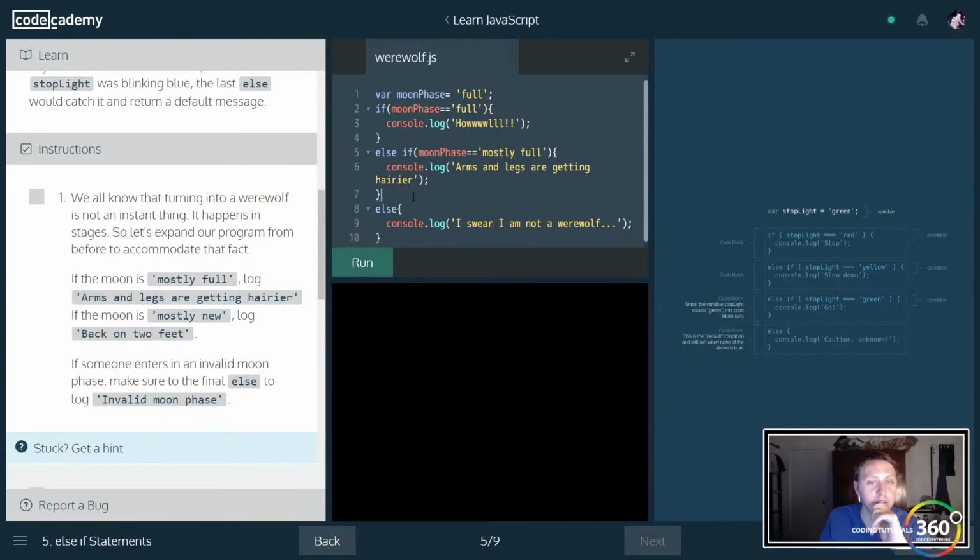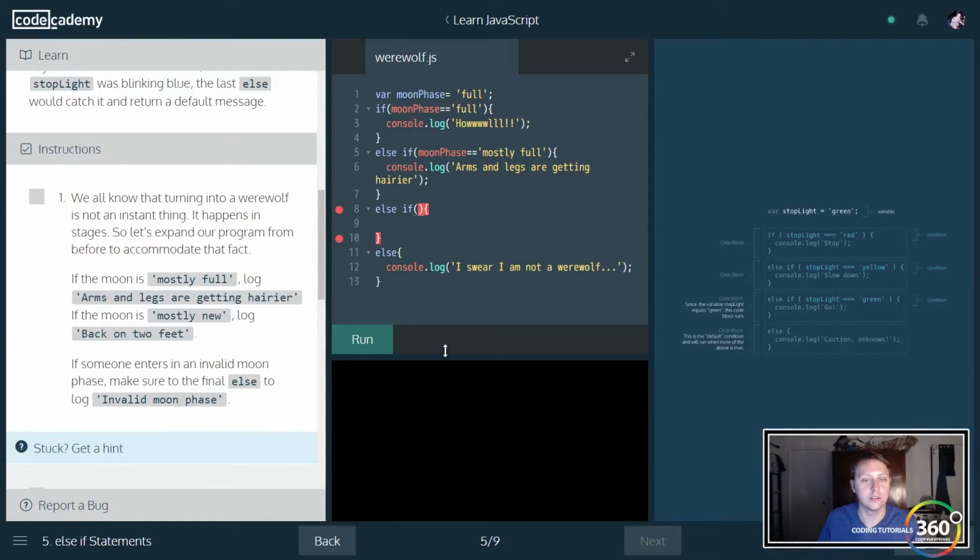If the moon is mostly new, we'll do another else if here. So if the moon phase is mostly new, I'm going to go ahead and output back on 2 feet. And then if someone enters an invalid moon phase, make sure